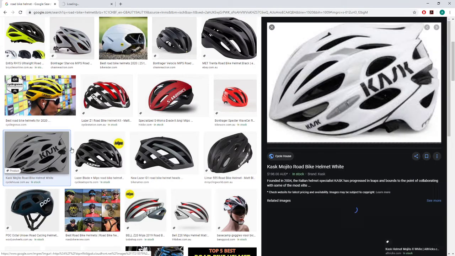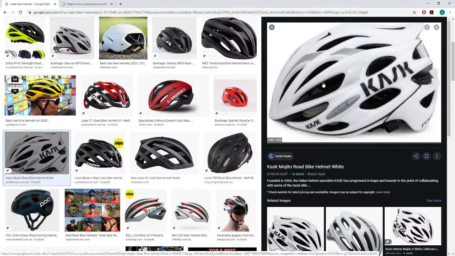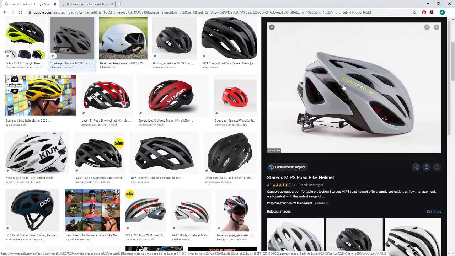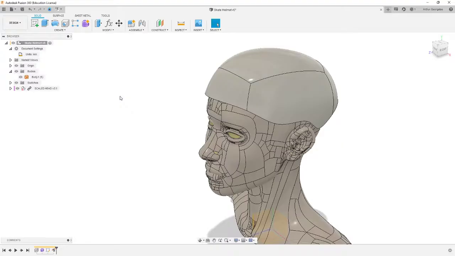Let's see if that opens up. Or like this one, where we've got these type of holes. You can see there's foam in between them. It's a very common type of bicycle helmet or sports helmet, and it looks incredibly complex to start modeling something like this up. It can be very complicated, but we're going to go through some basic ways of starting to